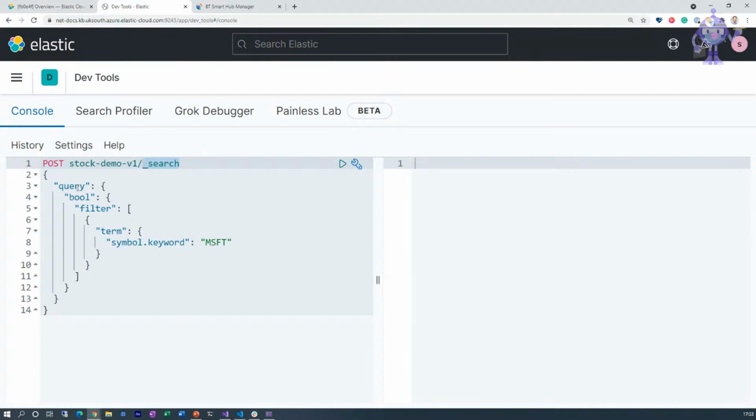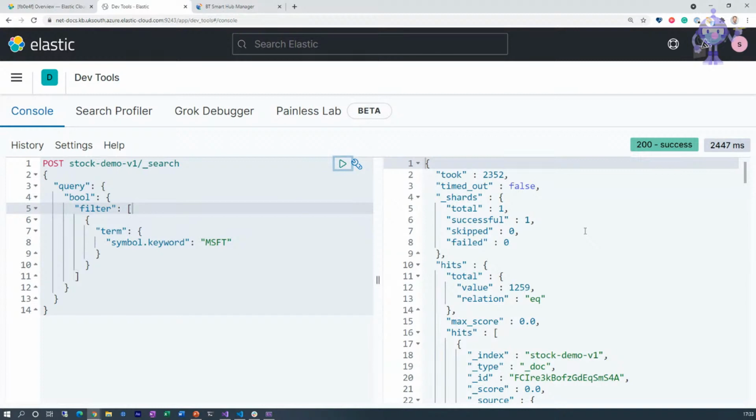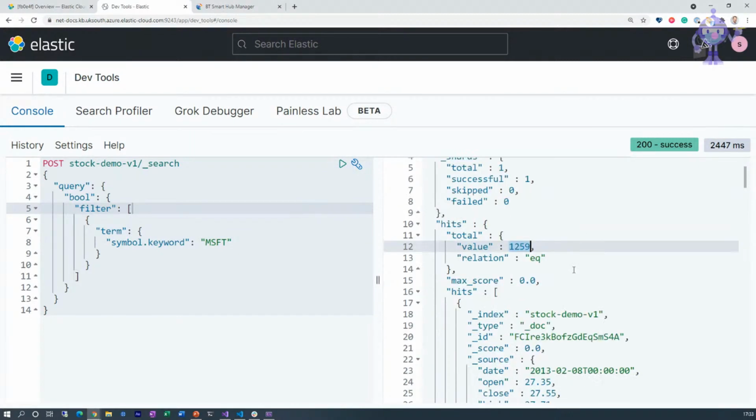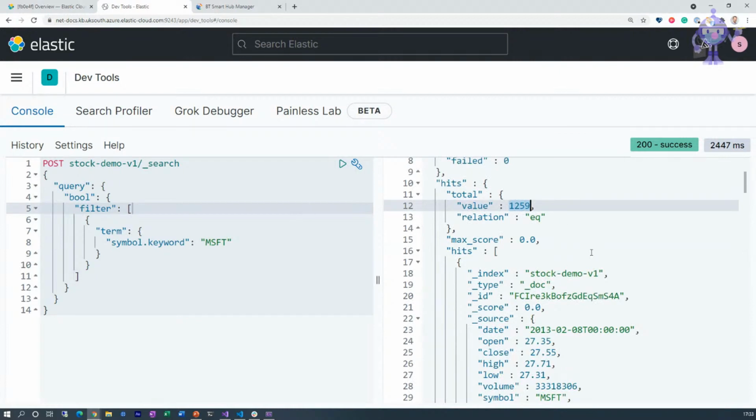We have a domain-specific query language and structure. In this case, we said what we'd like to do is provide a bool filter, which says, give me any documents where the term of the symbol.keyword is Microsoft or MSFT. So give us that back. I'm just going to run that request quickly. And in this case, we found nearly 1,300 documents have been indexed into the